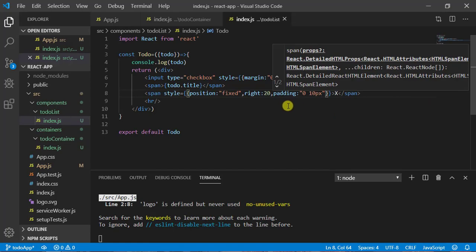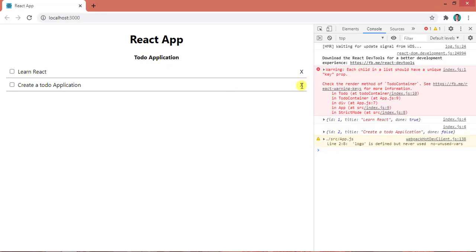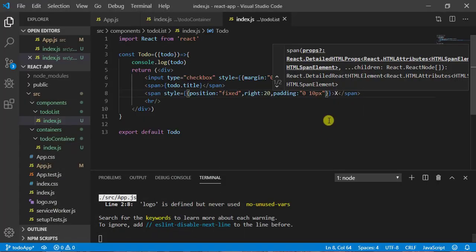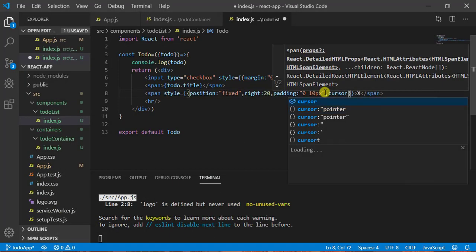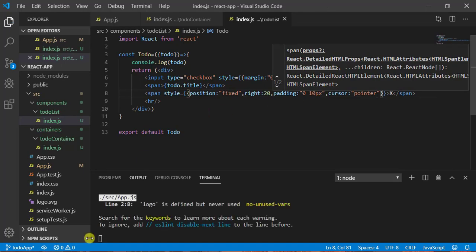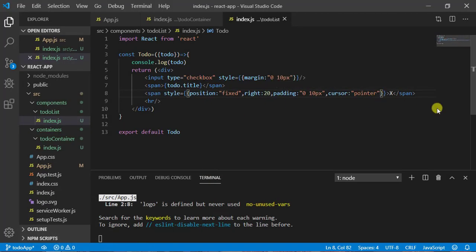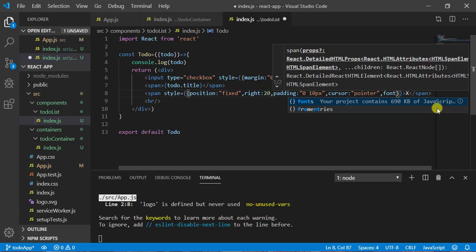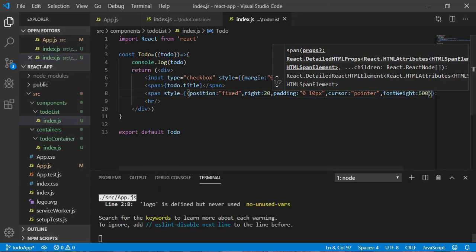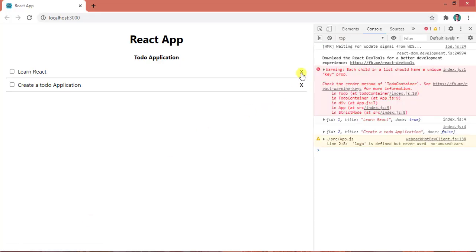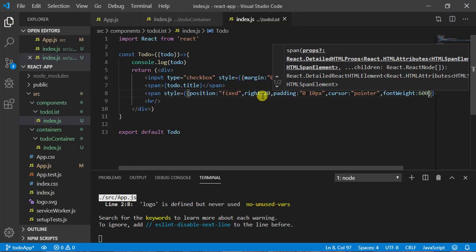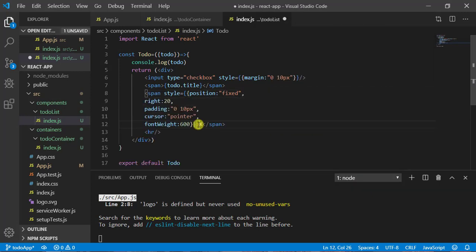And next, on hover of this you can see the cursor looks like this, so I will change it to the pointer. I can write here cursor equal to pointer, okay. So once you hover over this, it will show the pointer. Now let's make it a little bit bold, so we can use font weight and give it 600, and have a look. You can see it's become a little bit bolder now. Now let's break the line so it will look better.